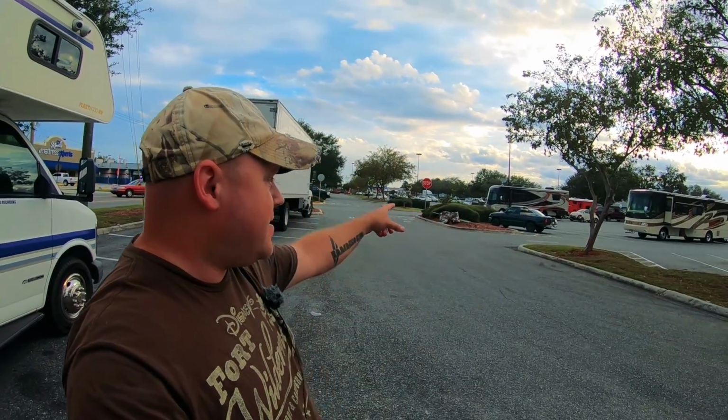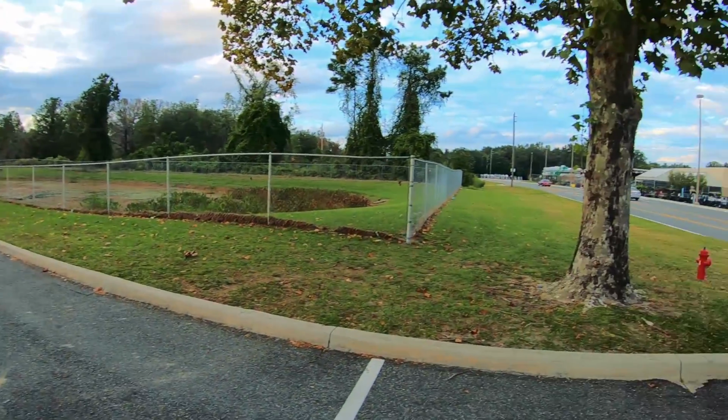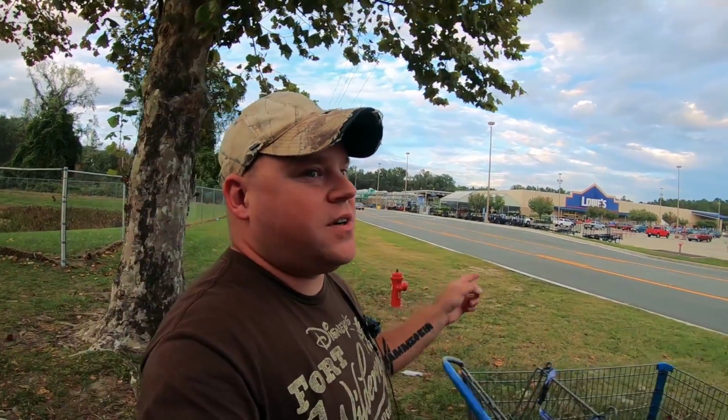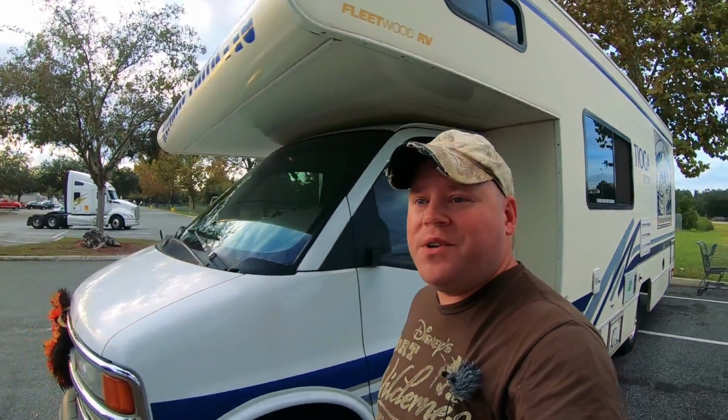You know, I have no quarrels with parking at a Walmart overnight. It's not for the entire day and it's not for tomorrow. It's just for a safe place to park. And you got two really nice Class A's over there that are well over $150,000 apiece, and they're saving $1. Right across the street from Walmart is a Lowe's, and I don't see any RVs over there. But I've spent several nights at Lowe's across the country too. It can work. So yeah, just spending the one night here and then back on the road to finish the other half of this trip